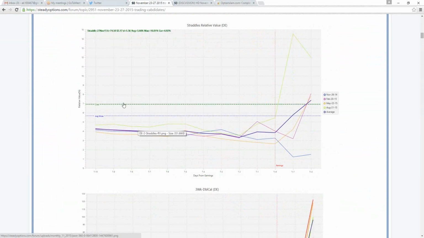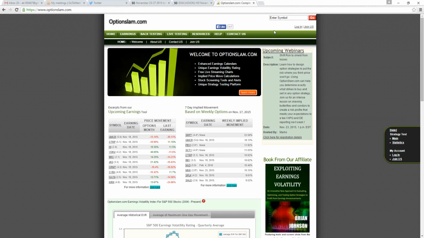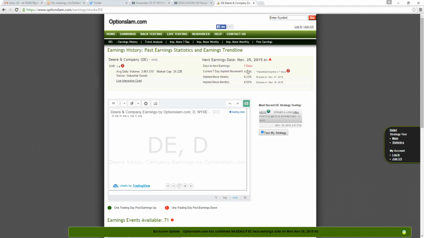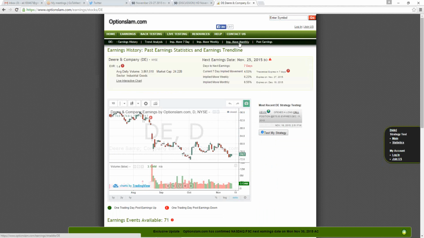We can see that the live price is significantly higher than it was a few cycles ago, and this is why DE wouldn't be a good candidate. And I can confirm the same thing in Option Slam. So if I go to DE and I go to implied move monthly,